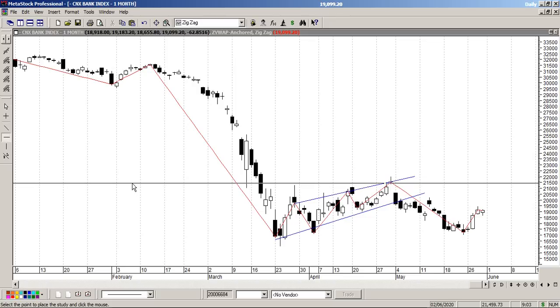So if you want to buy Bank Nifty, you have to wait till here. You can't buy actually now. So Bank Nifty structure is not telling you something major is going on, because that range which was getting traded got resolved on the downside. So Nifty is probably going to outperform Bank Nifty in the very near term, in the next 15 days. That's what these two charts tell me.